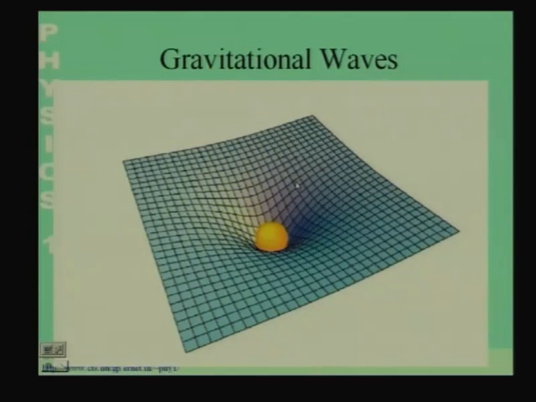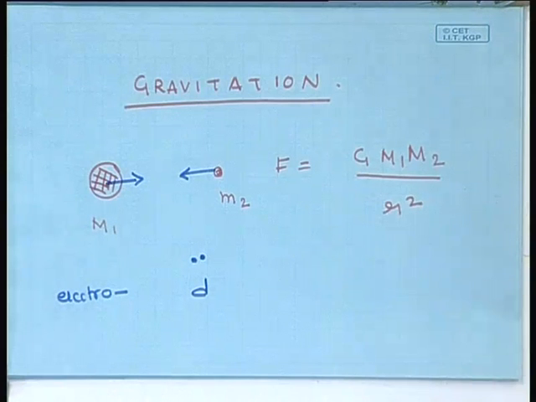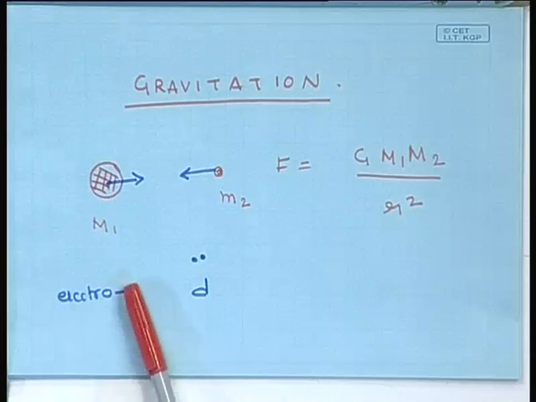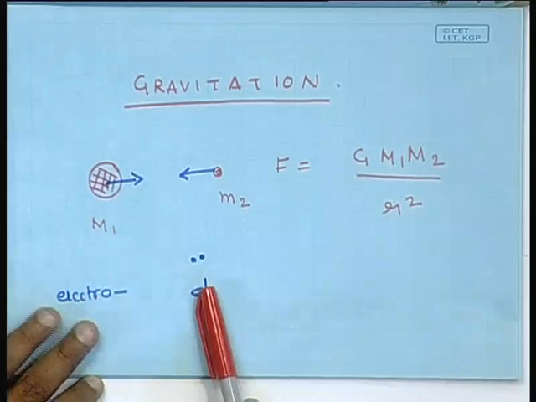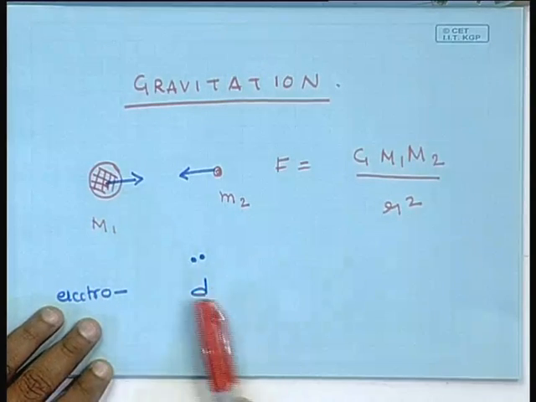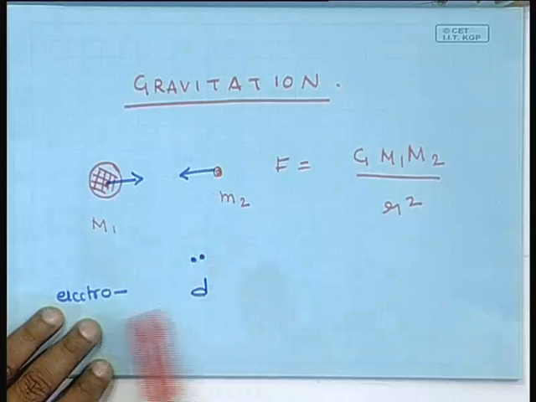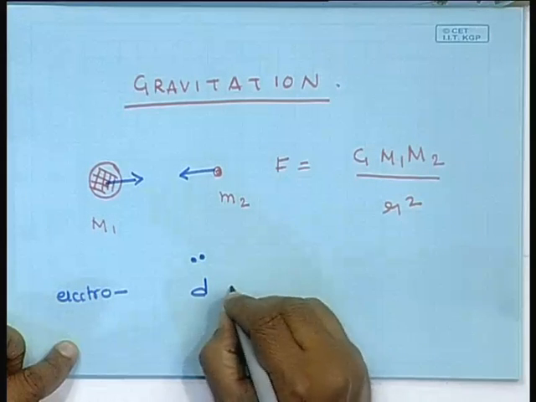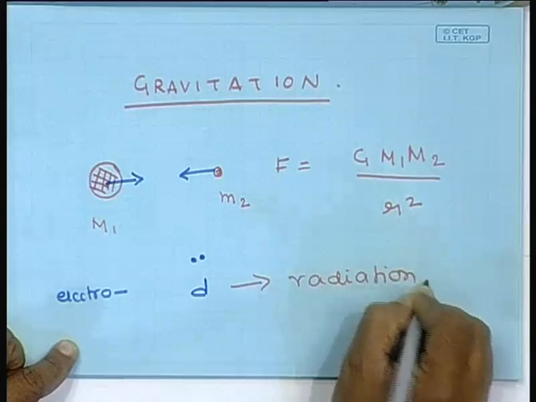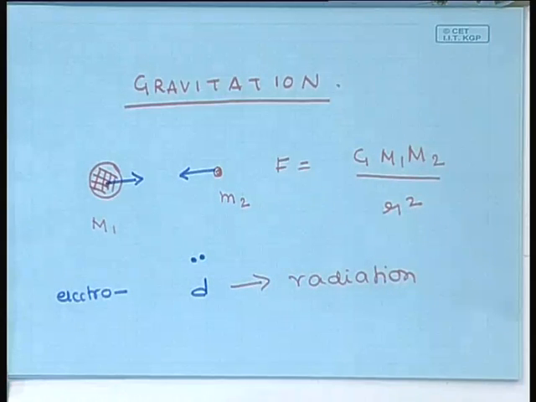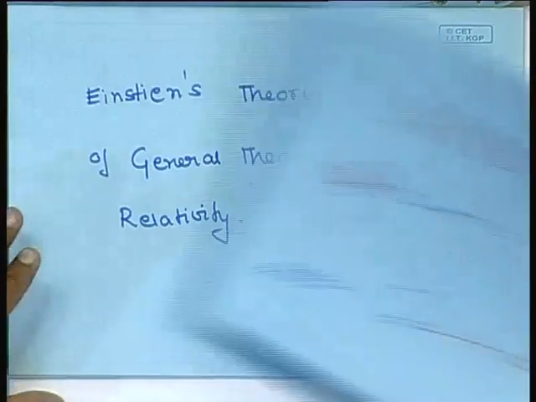Now what is crucial over here for our discussion is the following: it is exactly analogous to a situation where for a charged particle we had a dipole. If a dipole oscillates, or if I have the second derivative of a dipole, then you have radiation, electromagnetic radiation, which is a disturbance in the electric field which propagates and falls as 1 by r. Exactly analogous to this,